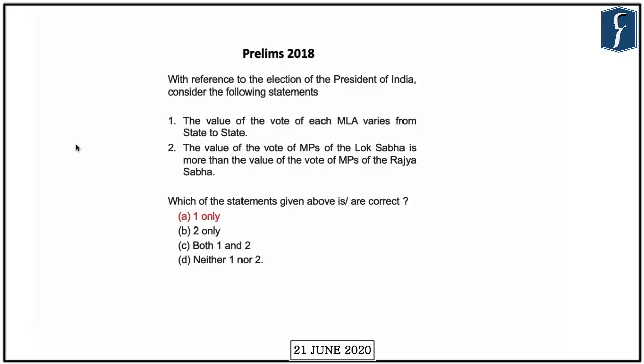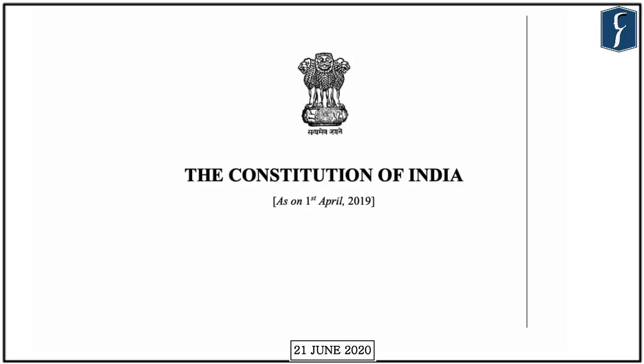And hence the right answer is A, 1 only. So you see the process of election of president has already been asked and many questions on Rajya Sabha have been asked. So we will understand the procedure and the process of elections to the Rajya Sabha from Constitution of